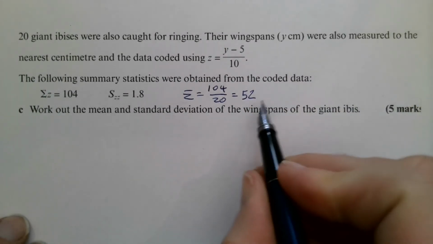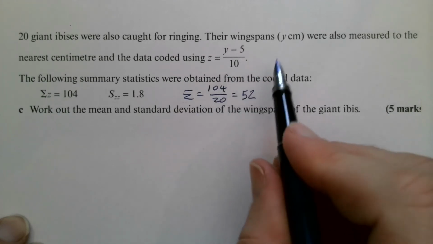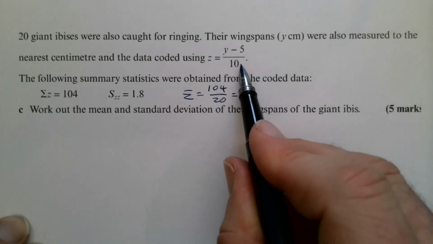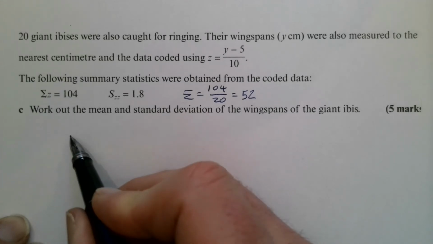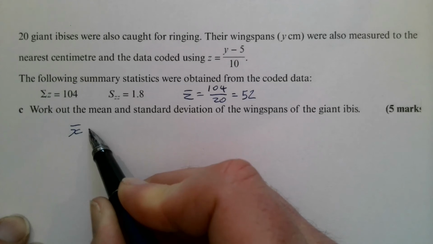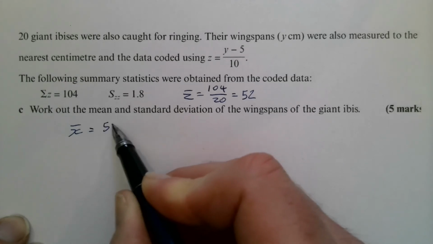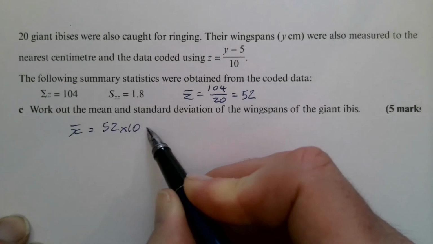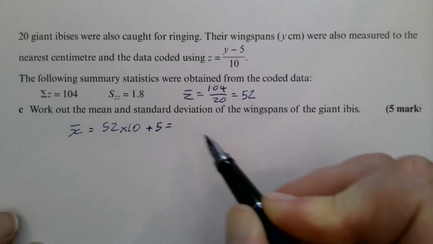Now the mean of the actual things are going to be, it's had 5 taken away, then divided by 10, so we just need to reverse that process. So if I call the mean of the actual ibis x bar, that's going to be 52 times 10 and then add 5, which is